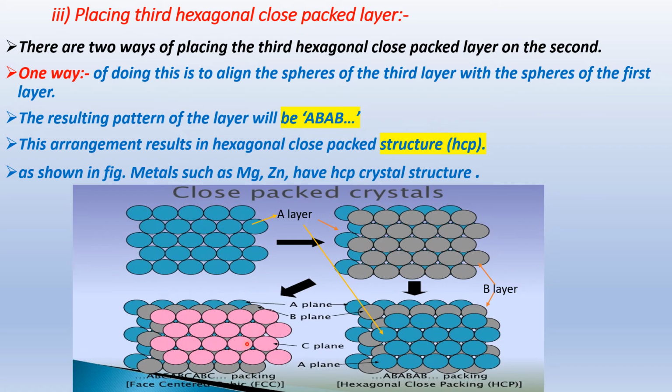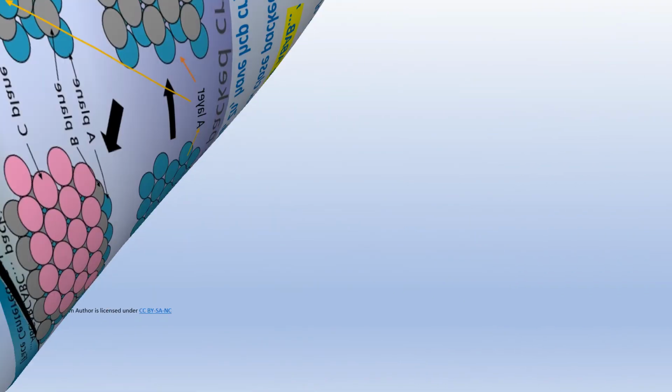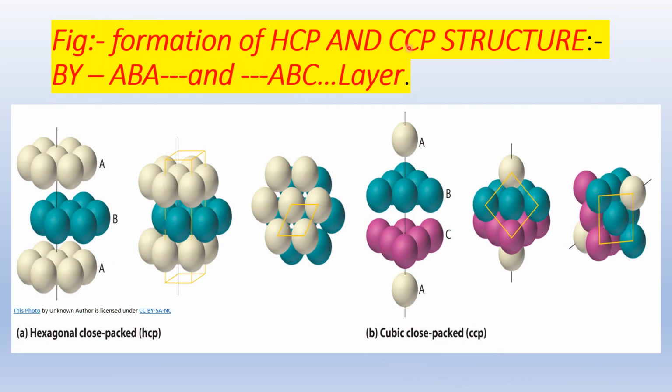And this second type is FCC, the face centered cubic close pack. In this first, second and third layer, there is a pink color. This simple diagram you have to understand. From the formation of the hexagonal close pack and cubic close pack structures, we simply observe the AB type layers. These are simple side views of the arrangement of the coordination number.